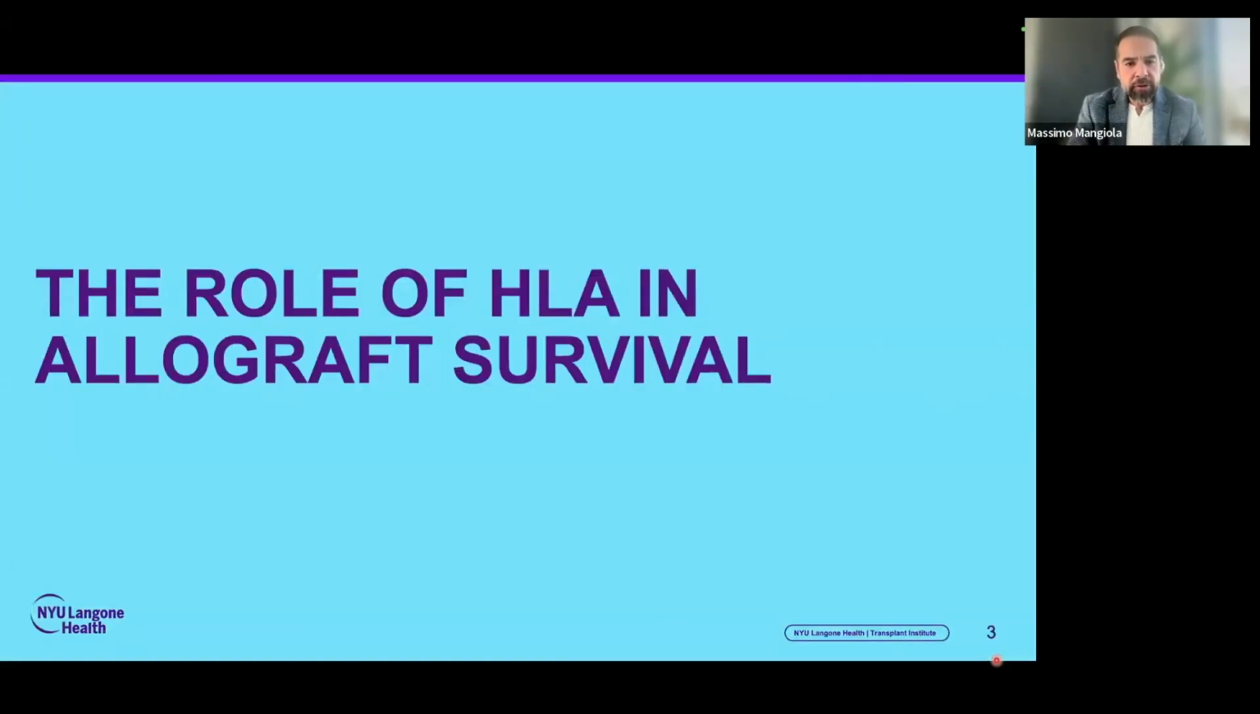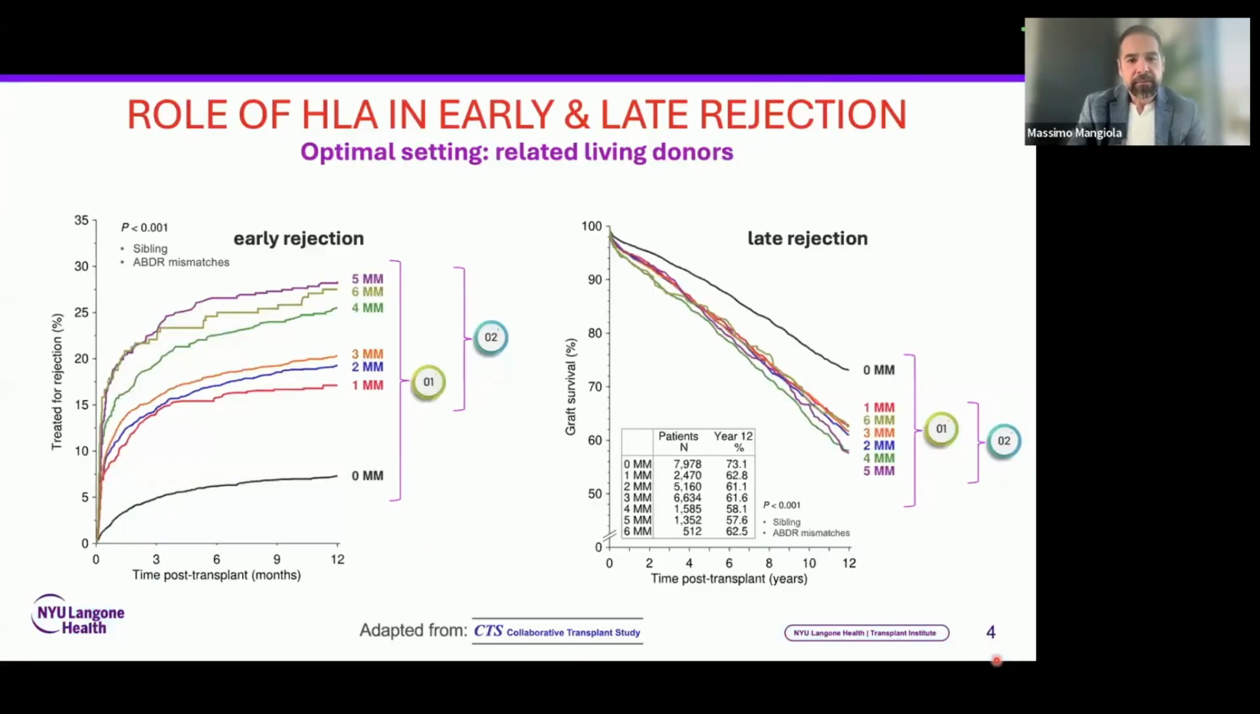Well, I guess we all know the role of HLA in allograft survival, but nevertheless, let me show you some. Here is the early and late rejection in what we could agree is the ultimate setting, which is related living donors. Those are siblings. ABDR mismatch, as you can see, 0 versus non-zero is significantly causing early and late rejection. And you can see as you increase the mismatch in the siblings that the risk for early and late rejection